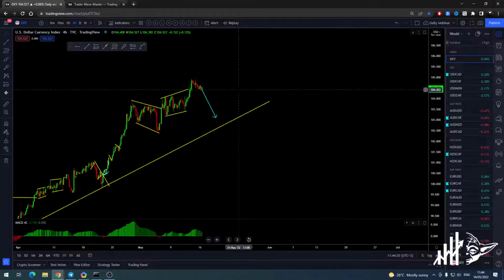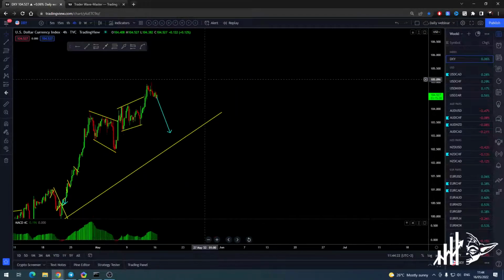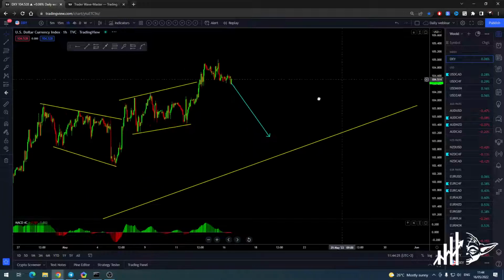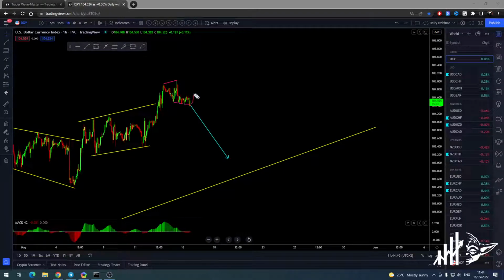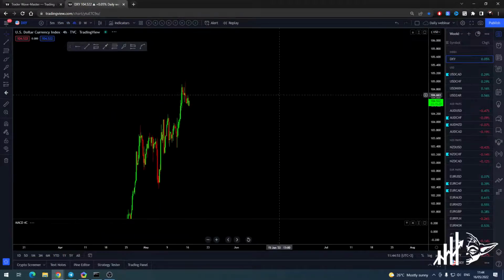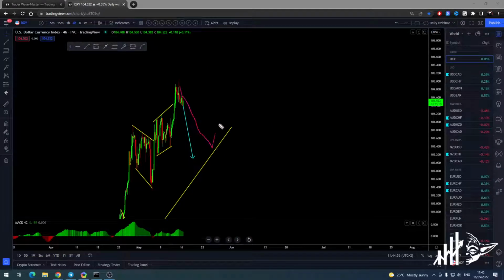DXY, what is it doing right now? I see this one going lower. Okay, so let's see what it's trying to do. I think there is another one, buy. Oh, sorry, let me just move this tab over there. Okay, so DXY, what is it doing currently? I think this could be an expanded flat, go new high, and then it will drop down. Okay, this is really possible. So during the day today or tomorrow, we can expect a new high with this structure, and then it will still go for the deeper correction. I don't see more upside there. We just need to go for the correction before the next move.